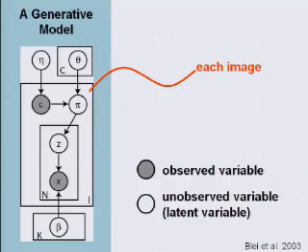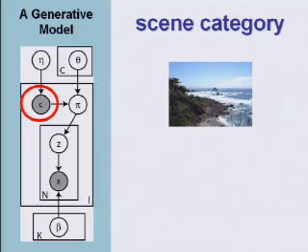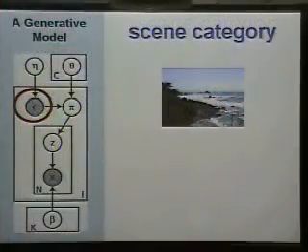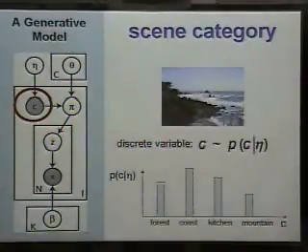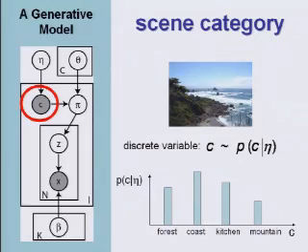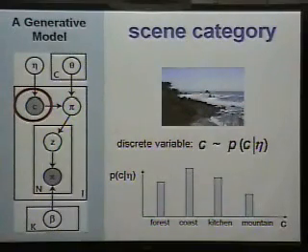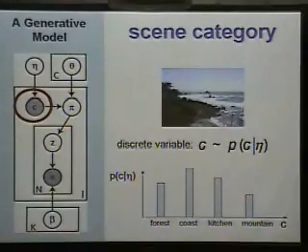So let me go through the generative process of generating one image out of this model, and that will be one bag of words. So how does this work? We first have to select which category this image comes from, and that's the C node. This node is a discrete variable that comes from a multinomial distribution. In this case, suppose we have this distribution over all these categories. We'll just draw one category out of it.